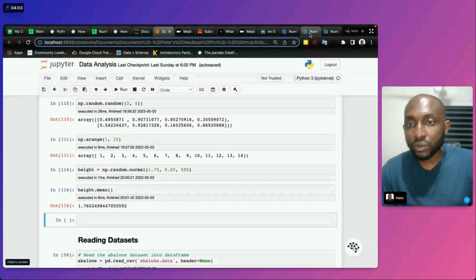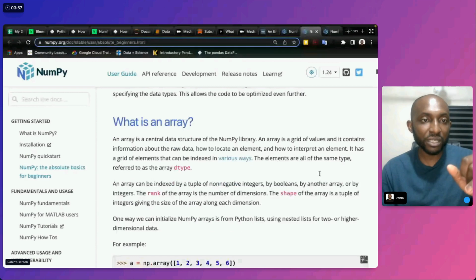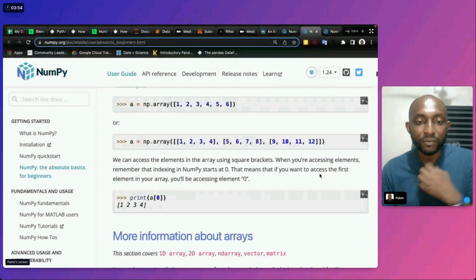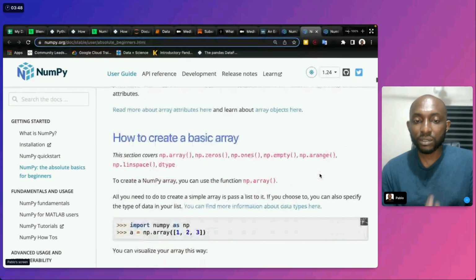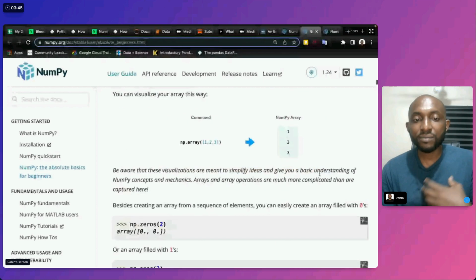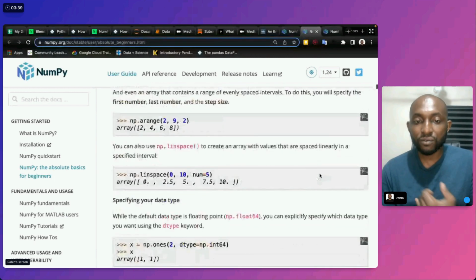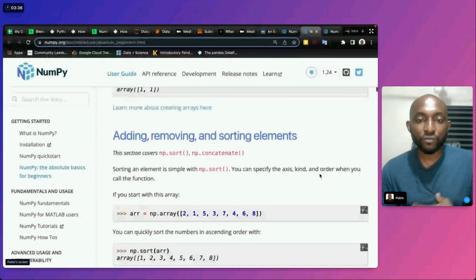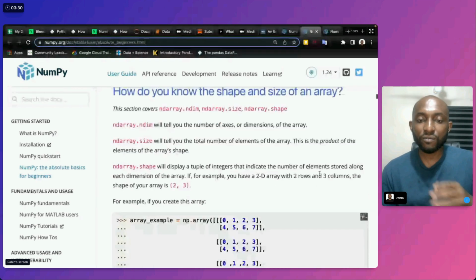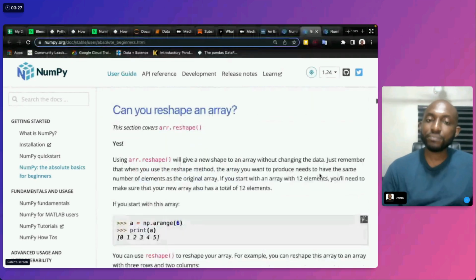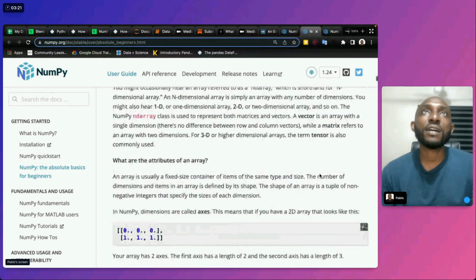That's why it's really important that you guys read up on this, especially the part for absolute beginners. Really cool for you to understand them. Here, you get to see how they are created, what it means, the different types of things you can create with it. The arrays, you can create the representations for each array. You can add, remove, sort elements in arrays, different stuff. Really cool stuff we can do with NumPy, and it's really fast.